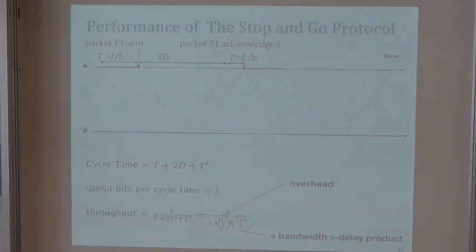How do you detect the loss? Well, one way to detect the loss is to ask for an acknowledgement, which is shown in green here, whenever I send a packet in red. And the stop-and-go protocol is a very simple protocol that you can do in an application, for example, if you don't use TCP, or is a primitive way of seeing how TCP works, where I send some data, I wait for an acknowledgement to come. If the acknowledgement comes, then I send the next packet.